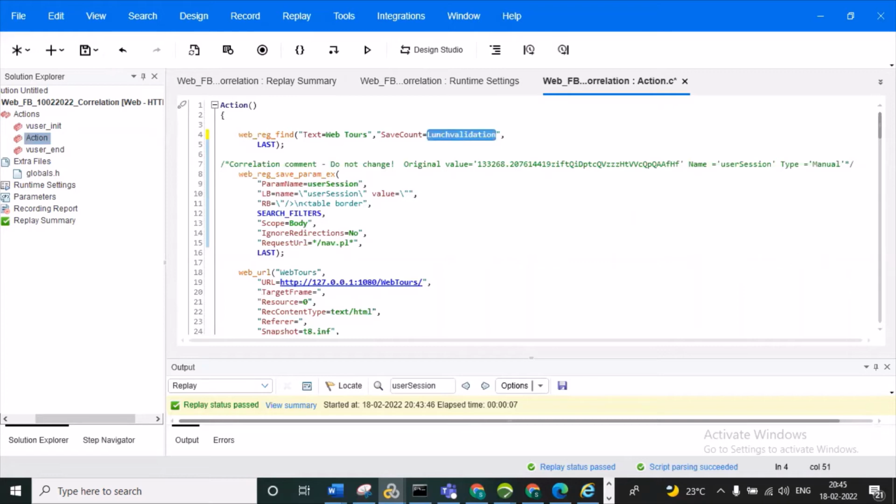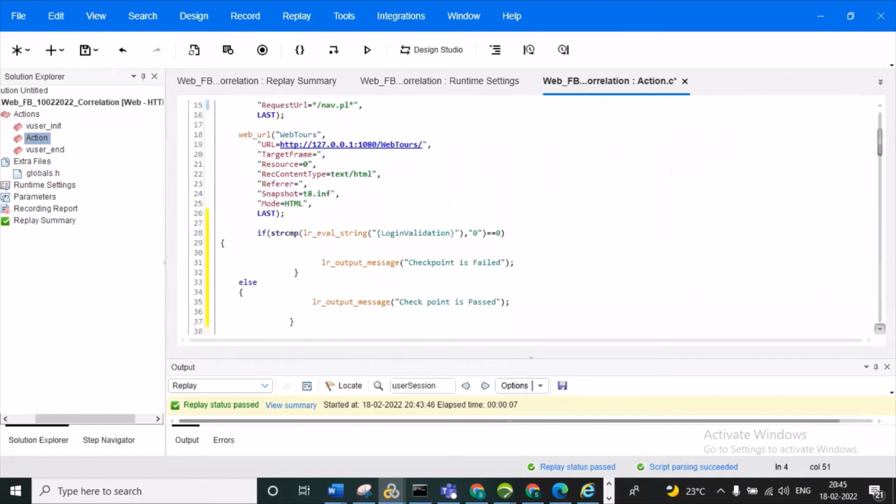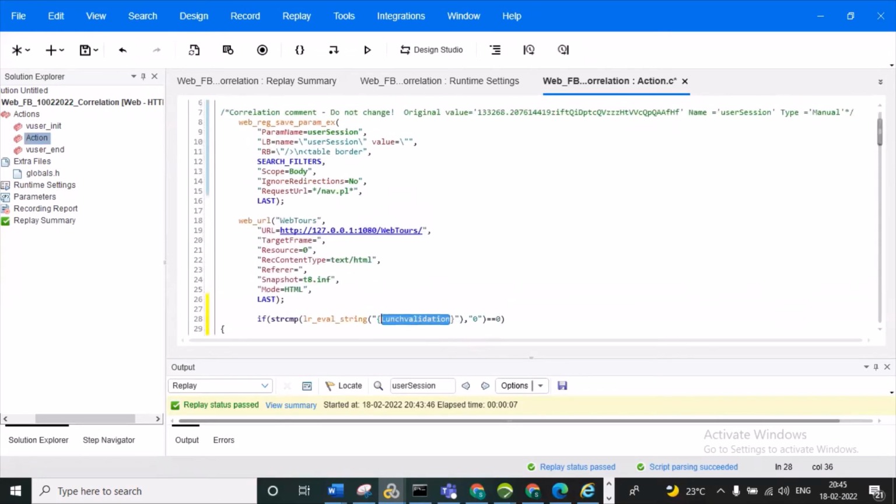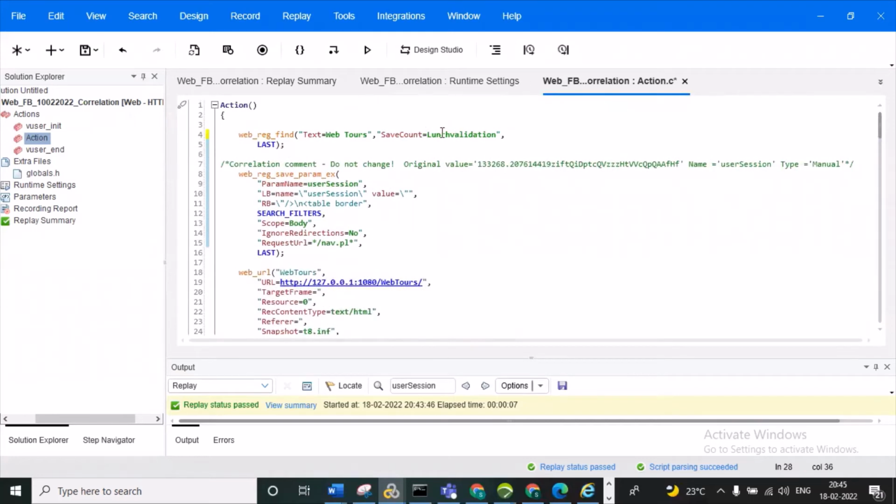You can copy and paste it as a name here. So LR save string, what does it mean? It reads the value. For example, for this launch validation, it is counting how many times this text appears. It is counting.